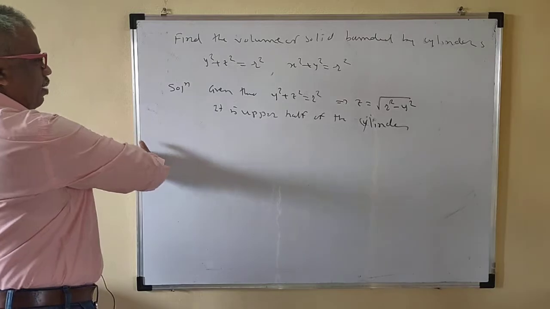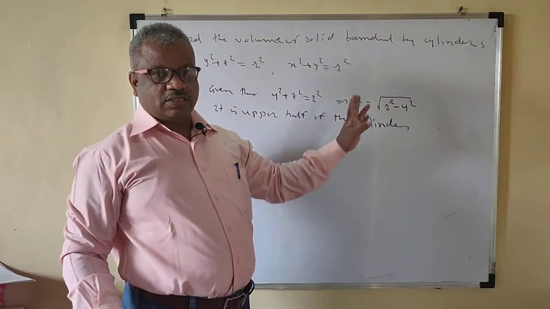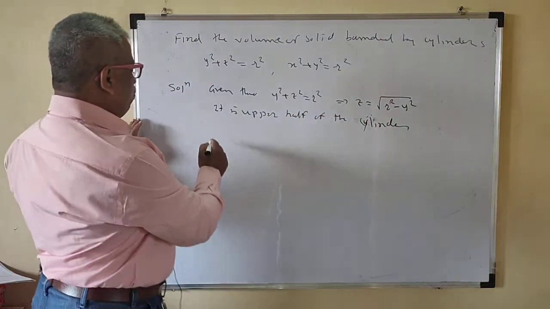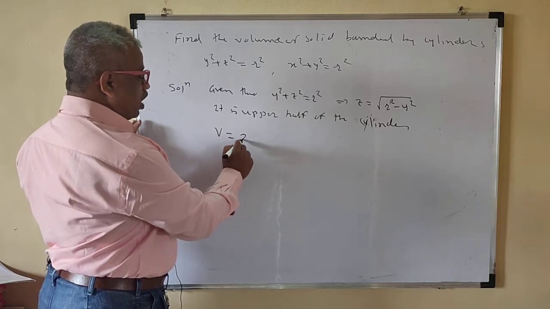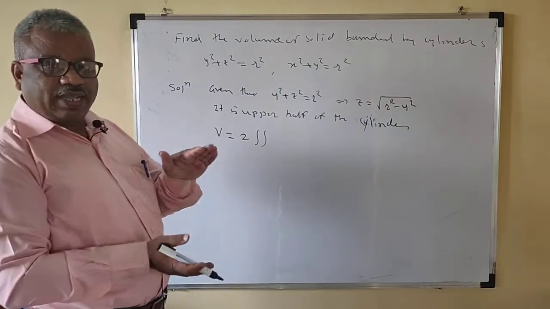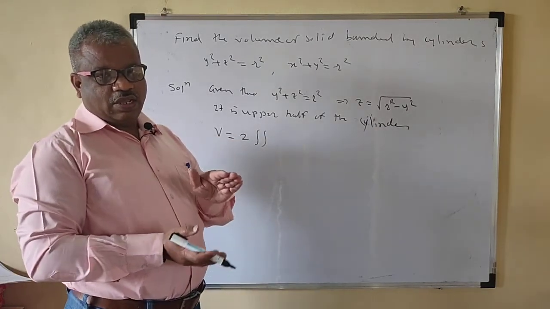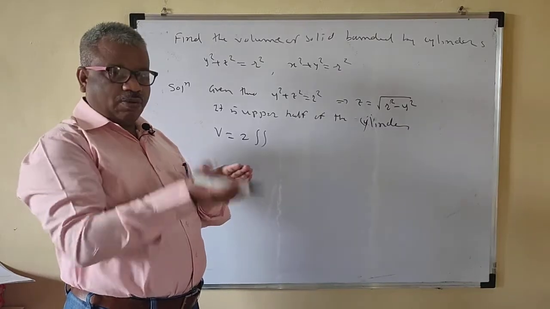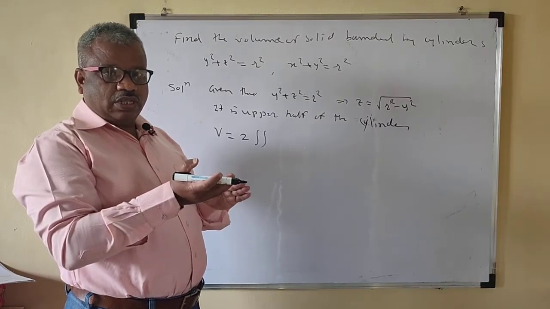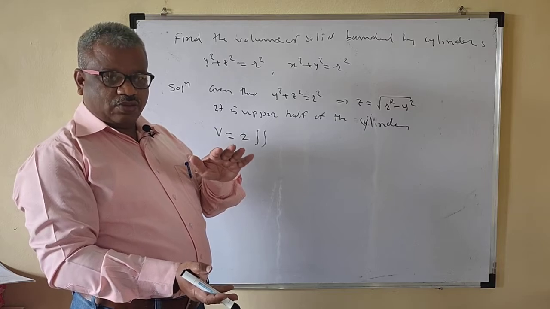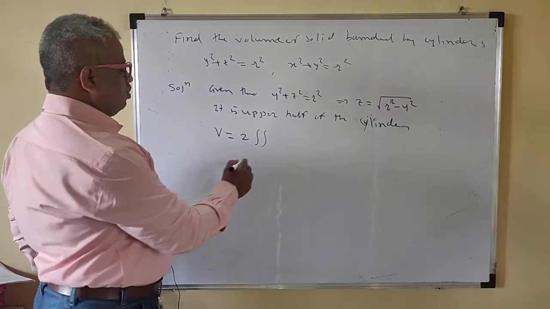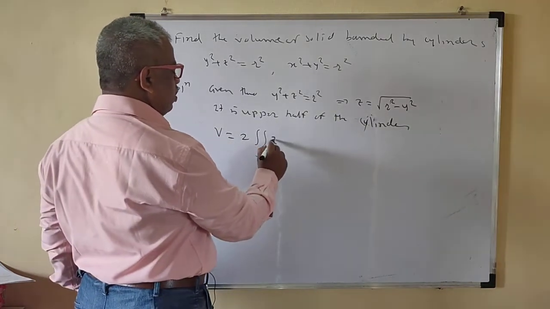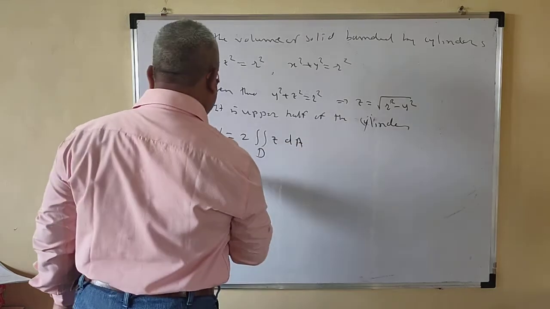Okay. Why is it the upper half? Because here we have plus or minus. So that means your volume will be 2 times, because due to the symmetry we will find the value of the upper part. The lower part is also required, so we will take twice of that one. So this is dx dy, where